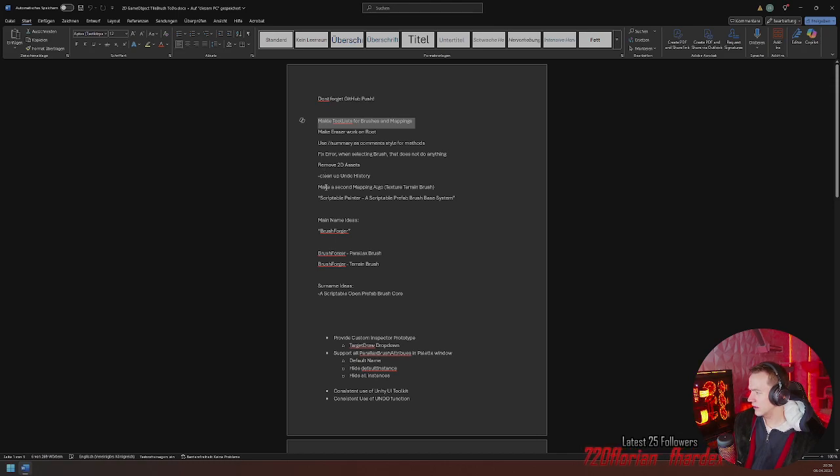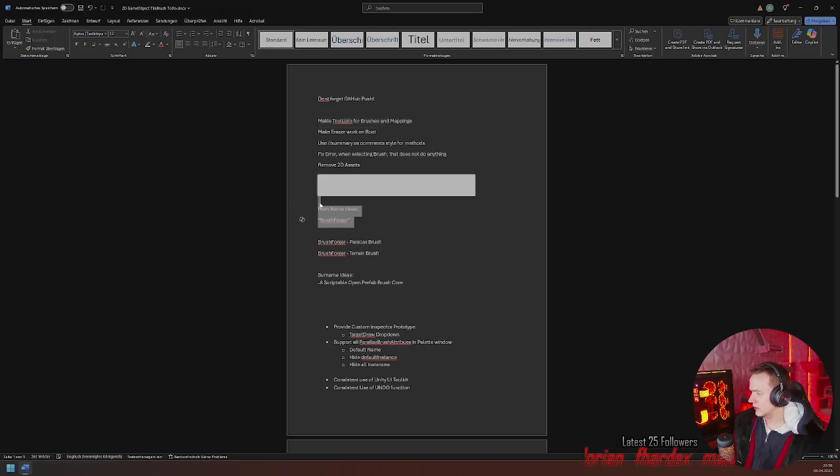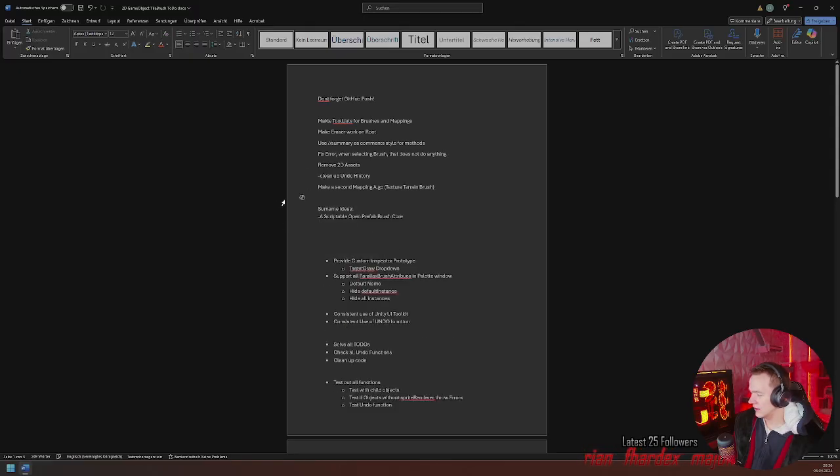After that, we're pretty much finished here. We can see the name of the asset is already Surname Ideas Brush Forger. We can see that inside of the list we're pretty much close to the release state, which is dangerous.